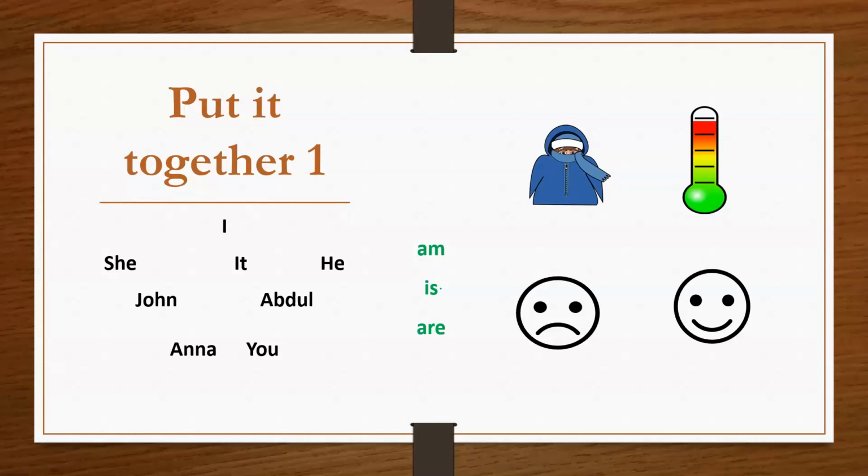But once we've kind of got this, we could do something else. We could have somebody to reinforce this at the front, miming something. And then someone else have to say, and if they've got it correct, they go to the front and they mime something. And then they say, oh, Anna is cold or John is hot, you know, something like that. So we can sort of build on this really basic, and I think there's quite a sense of achievement in building sentences, creating things that work. And it's really basic and hopefully fairly simple.